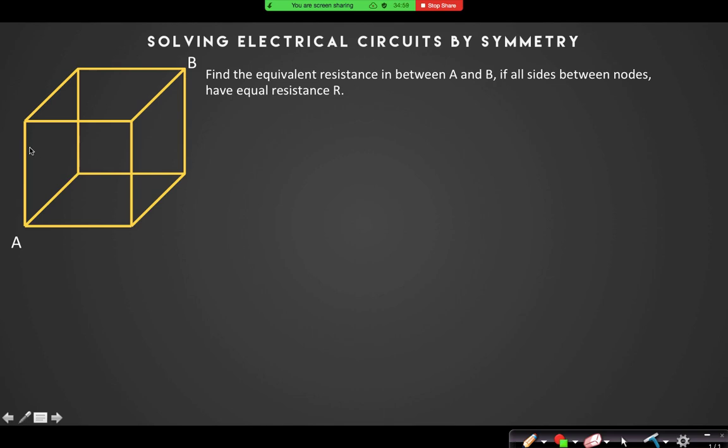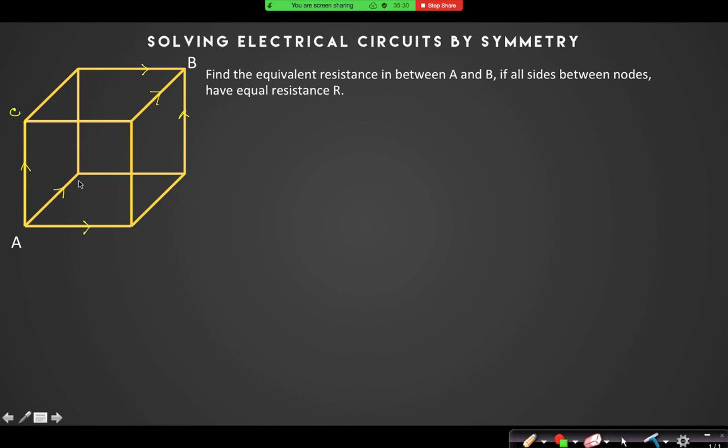then can you see that this line and this line, they are actually symmetrical if you move from A to B? Yes, sir. And in a similar way, this one and that one, these are also symmetrical. So if they are symmetrical, they will carry equal current, and if they carry equal current, their resistances are the same. So can I say the potentials are also the same?